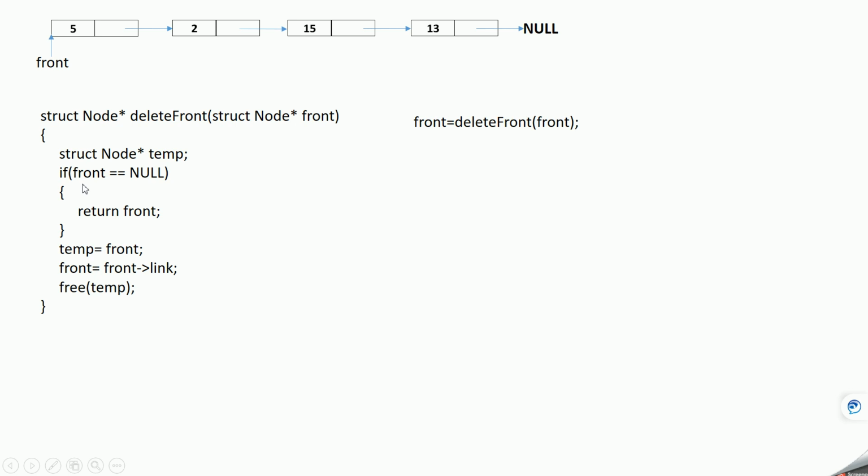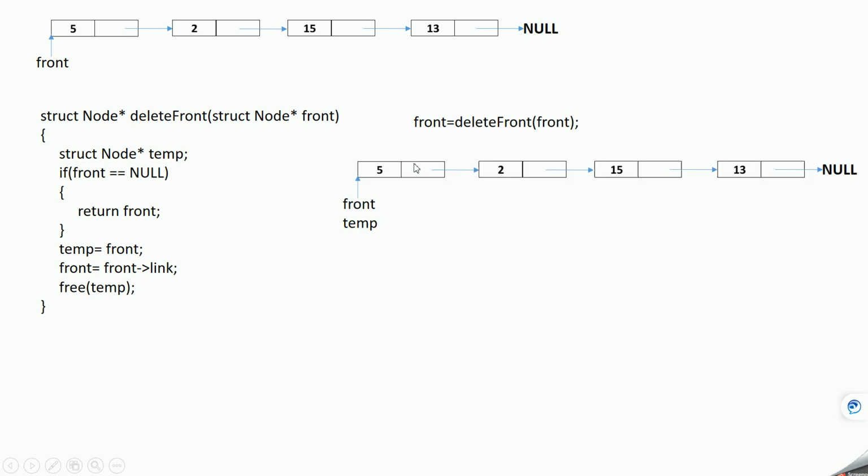So we simply check if the linked list is empty. We check front equal to null, which means the linked list is empty. If it is empty, we just return whatever we are passing. Otherwise, we make temp point to front. Front is already pointing at the beginning of the linked list, and now temp will point there too.